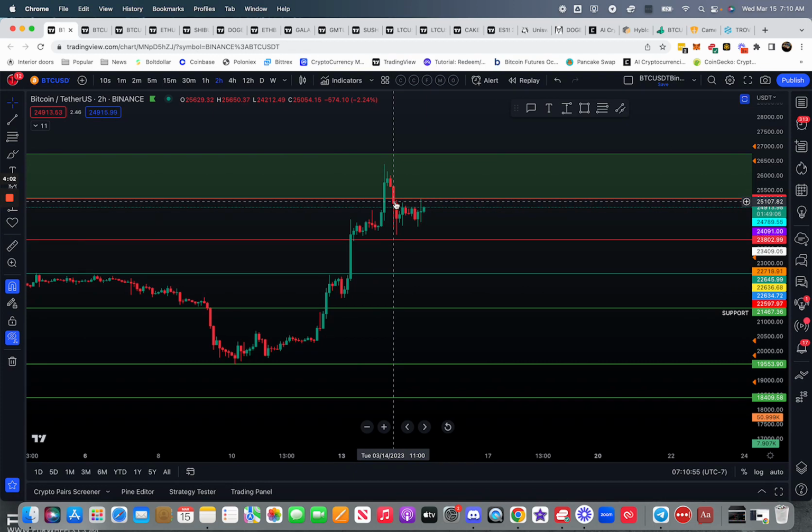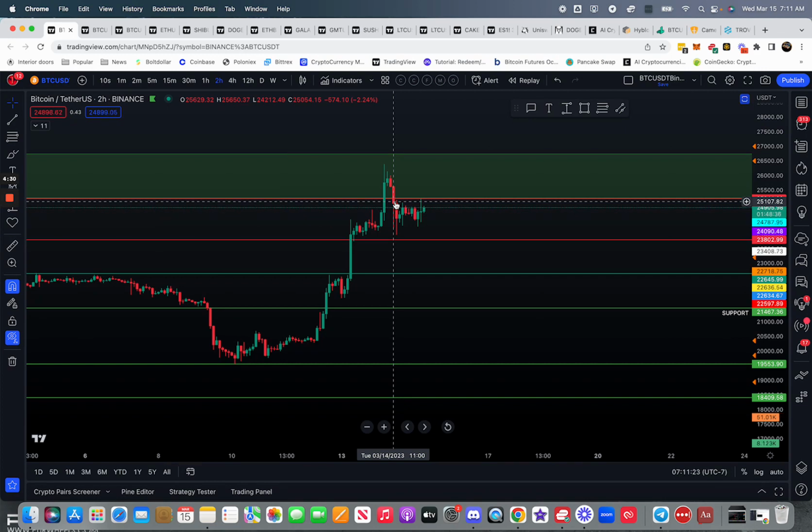Not necessarily. Here's why. First of all, when I say we need to break that area in order to reverse the trend, there's a lot more to that sentence that I'm not explaining. But those of you who understand how I work and have taken my education program and are in my Discord, you understand that when I say that, there's a lot more to it. It's a loaded statement, meaning that I want to see